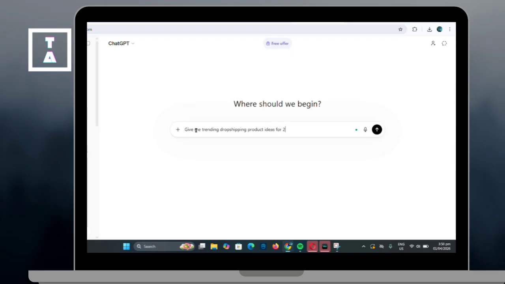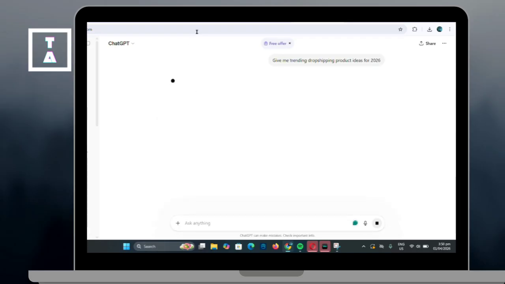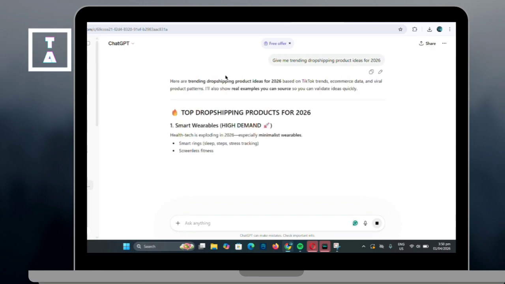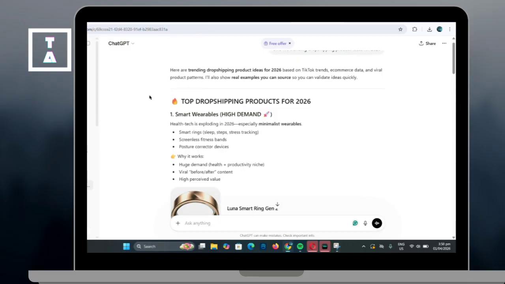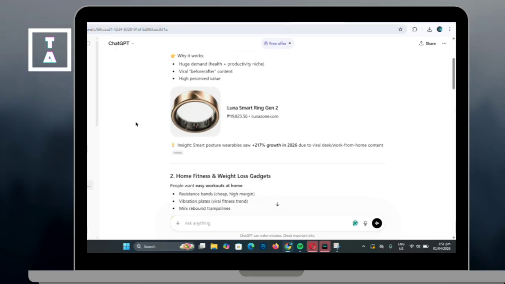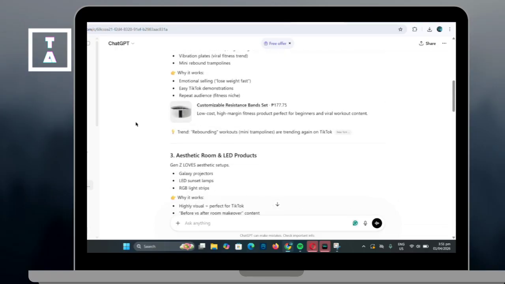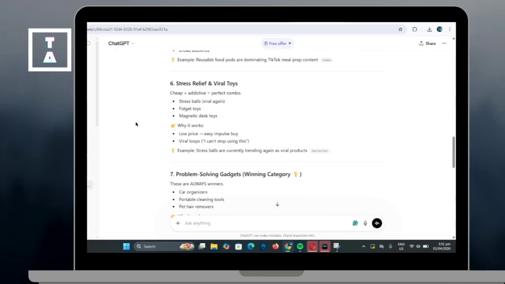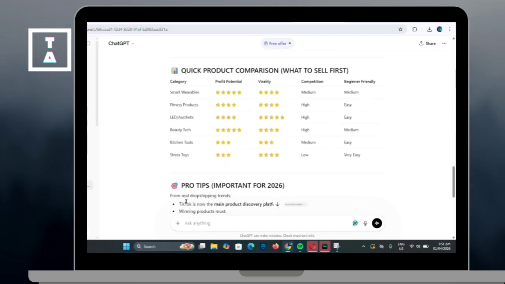Then after that, you can use ChatGPT to create product descriptions. You can add copies and titles by providing product details. You can also ask ChatGPT to generate marketing ideas such as TikTok video scripts, Facebook ad captions, or SEO keywords. And after that, use ChatGPT to help you build your store content, including the product pages,